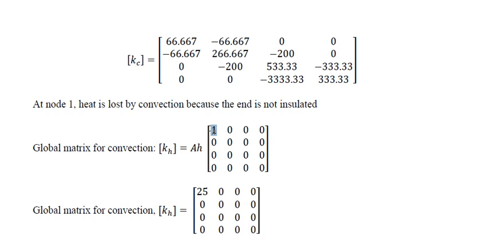One I am writing here. I told in the previous problem. One I am writing here because left hand is having convection. If right hand is having convection, that one will come here. So since left hand is having convection, one I am writing here. 4 plus 4 because we are having 4 degrees of freedom, 4 noded. At each node 1 degree of freedom, so 4 degrees of freedom per entire geometry. So A into H is 1 into H, that is 25. A is cross sectional area. Cross sectional area is referred to end convection.